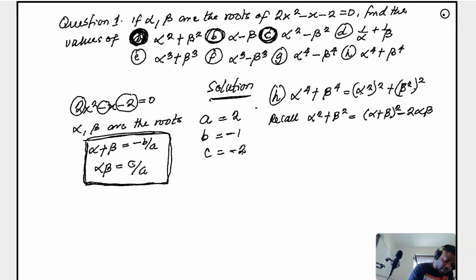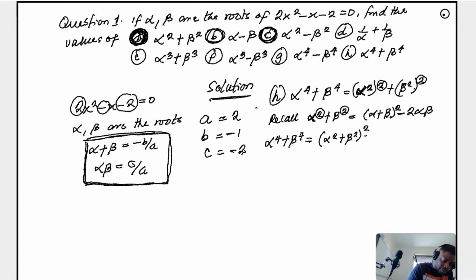That is what we got for this. So here now, I will say alpha raised by 4 plus beta raised by 4 is equal to alpha squared. You see this squared here is same thing as this one, and this squared here is same thing as this one here. So my alpha squared is same thing as my alpha in this expression. So alpha means alpha squared, beta means beta squared,